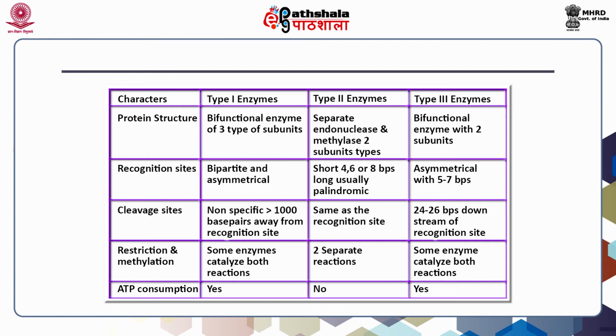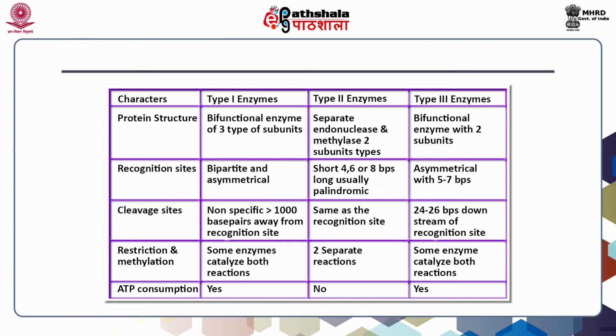Type 2 enzymes have separate endonuclease and methylase with 2 subunit types. Type 3 enzymes are bifunctional enzymes with 2 subunits. The recognition sites in type 1 enzymes are bipartite and asymmetrical, those in type 2 enzymes are short, 4, 6 or 8 base pairs long, usually palindromic, and those in type 3 enzymes are asymmetrical with 5 to 7 base